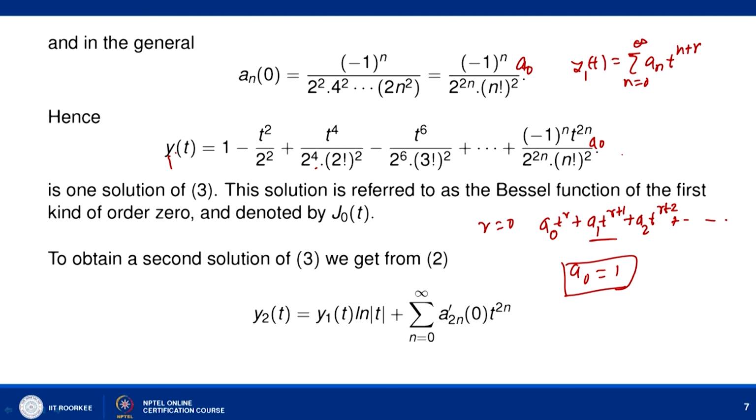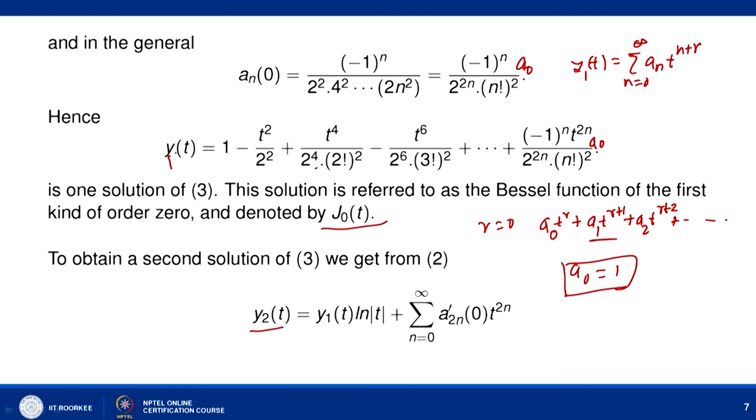So y1(t) is one solution of equation 3 that we have already calculated, and this solution is referred to as Bessel's function of the first kind of order 0, and we denote it as J0(t). Now to obtain a second solution, we have already seen that our second solution y2(t) can be written as y1(t) ln|t| plus the sum for n equal to 0 to infinity of a'_2n(0) t to the power